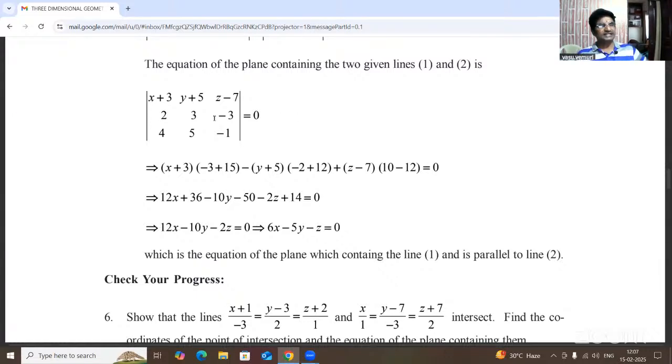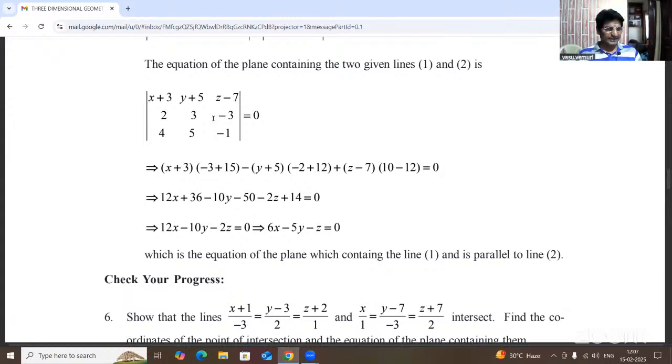Modulus of x minus x1, y minus y1, z minus z1, L1, M1, N1, L2, M2, N2 equal to 0. Now again we have to find the equation of the plane containing the two given lines, either through the first equation or the second equation, and according to the normals we are getting the value here: modulus x plus 3, y plus